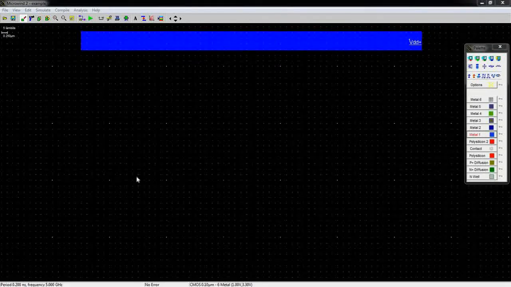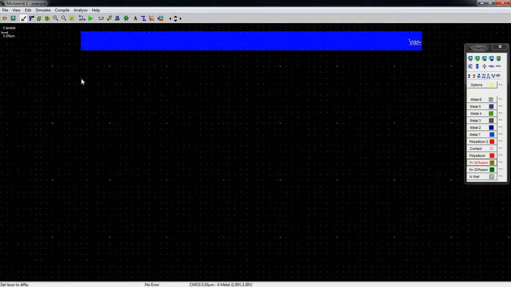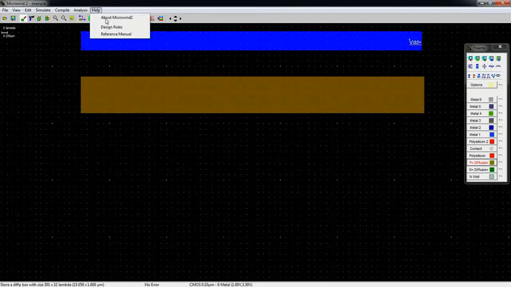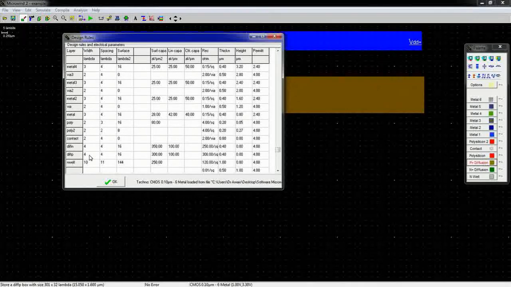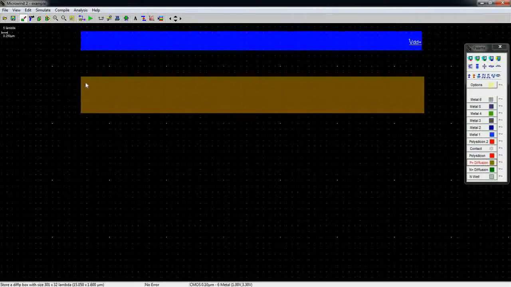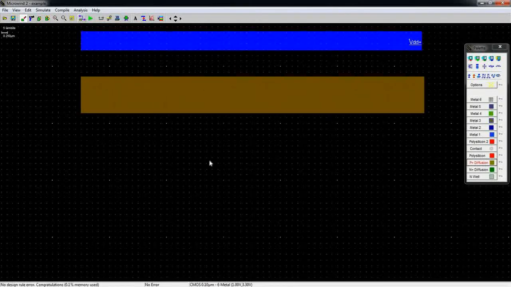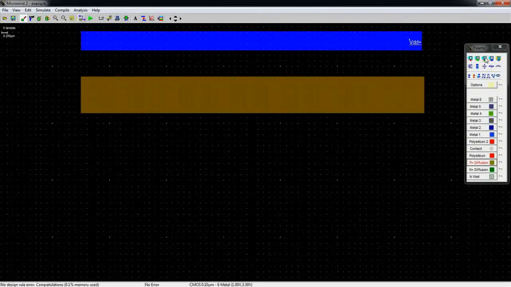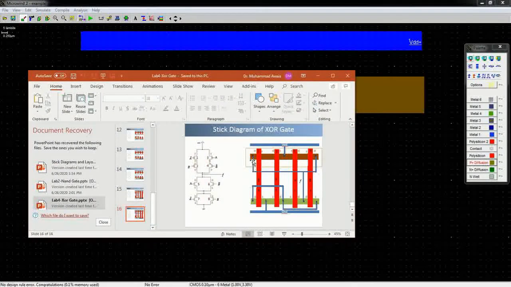Now the next task is to make the PMOS transistors. So select the P plus diffusion region from here and draw the rectangle. From the design rules we can see that the minimum width of P diffusion must be at least 4 lambda. So this should not produce any error. Okay. Now place a P diffusion to metal 1 contact, because from the schematic we can see that this terminal must be connected to the last one.